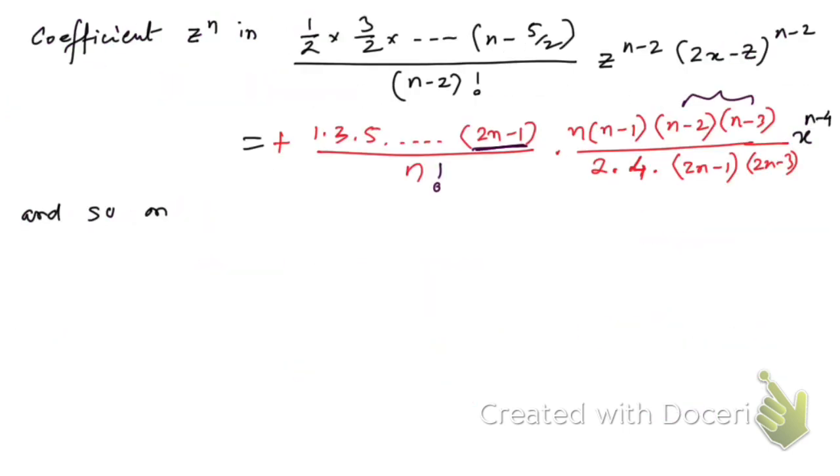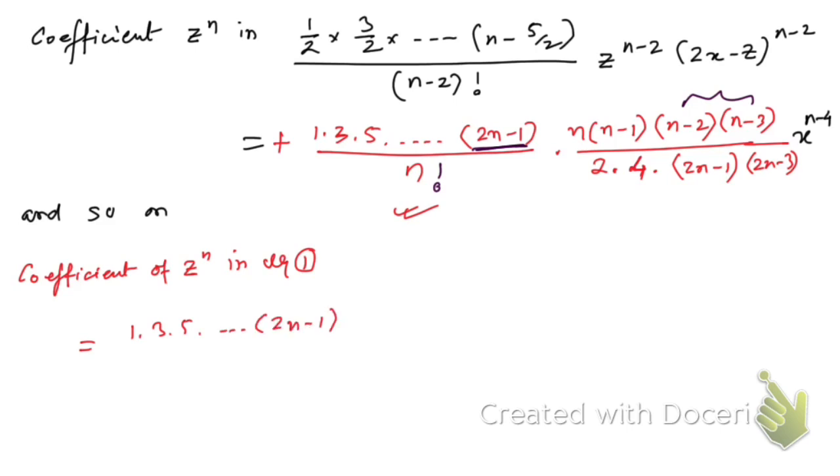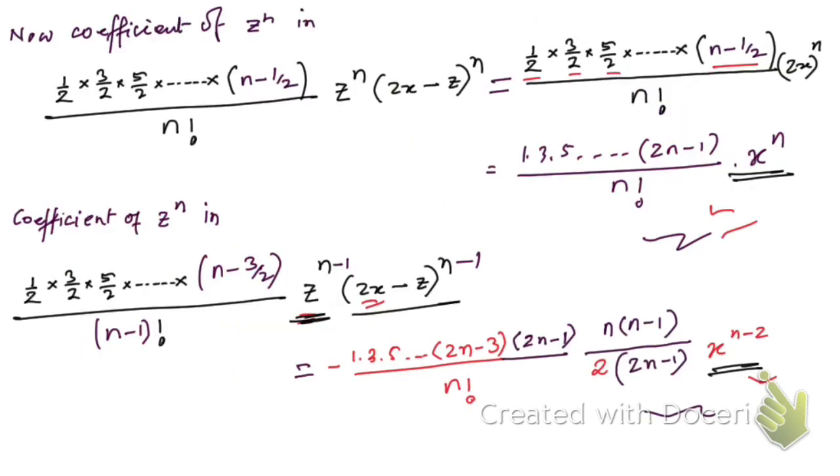Here you see, the coefficient of z to the power n in equation number 1. In each and every term we're going to get this term, that is 1 into 3 into 5 into dot dot dot twice n minus 1, divided by factorial n, then within the bracket. So now you see, on taking this part common